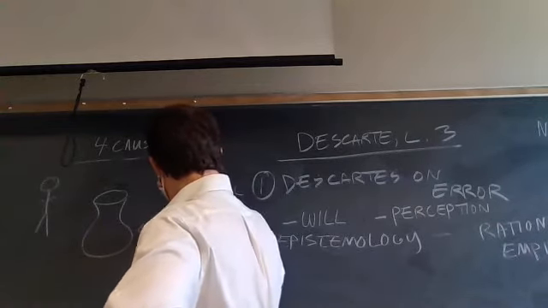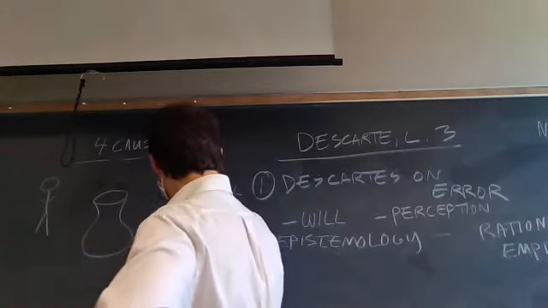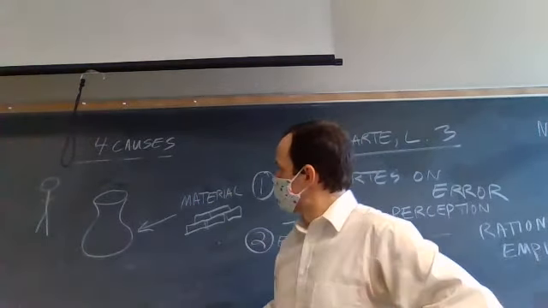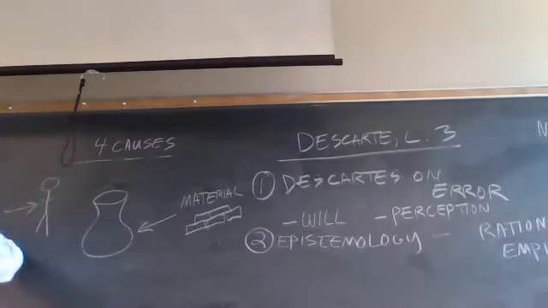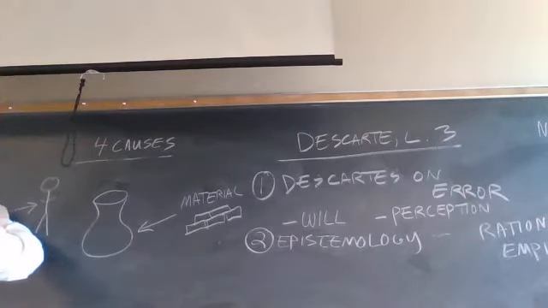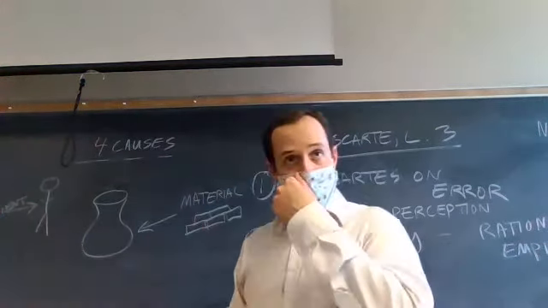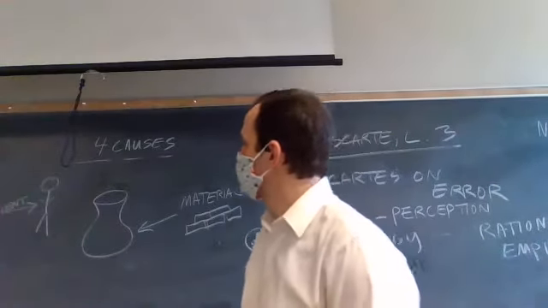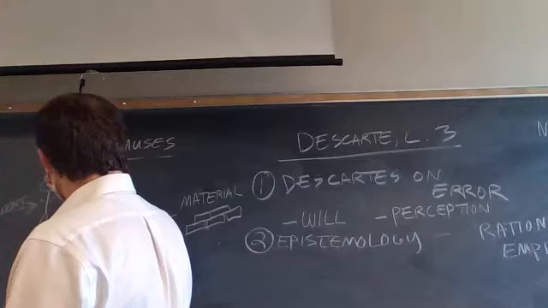You can think of the materials, the literal physical materials out of which the pot was constructed, in explaining the existence of the pot. The other is the efficient cause. The hands of the potter, working to form the clay, brought this pot about. In fact, Aristotle would say you cannot explain the existence of the pot without referencing the potter and the efficient cause. Still another is what Aristotle called the formal cause.